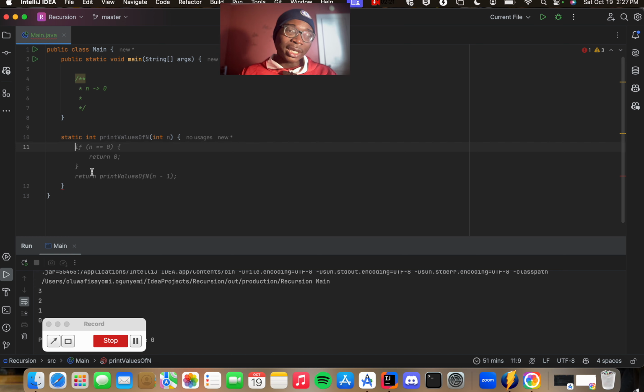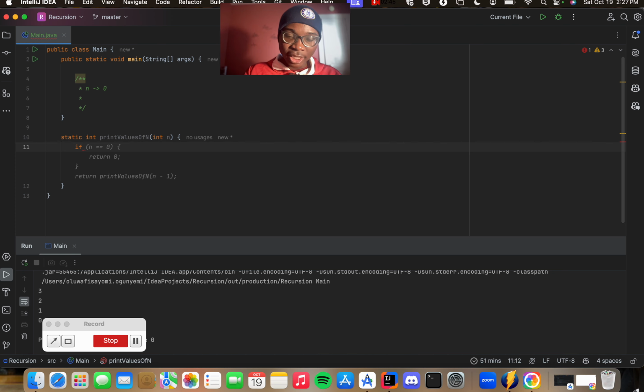So why are pre-recursion and post-recursion different? Pre-recursion is useful when you are going in a descending format, while post-recursion is useful when you are going in an ascending format. Now we're going to look into it and see why both are useful in their different aspects. So what we're doing now is what we call pre-recursive, because we're printing from n to